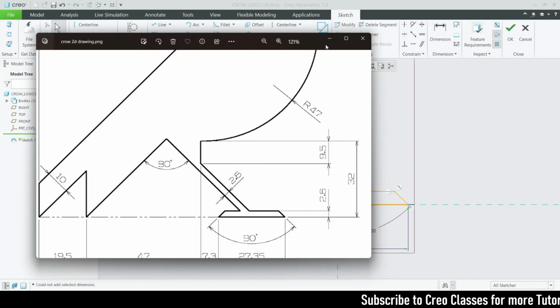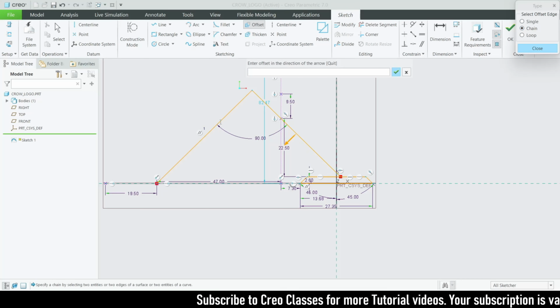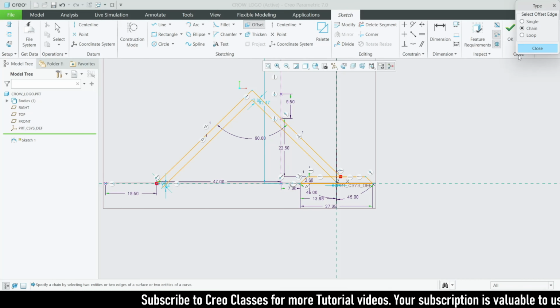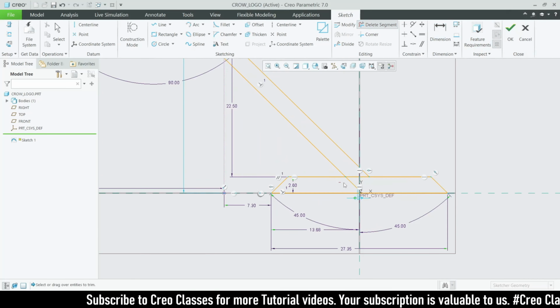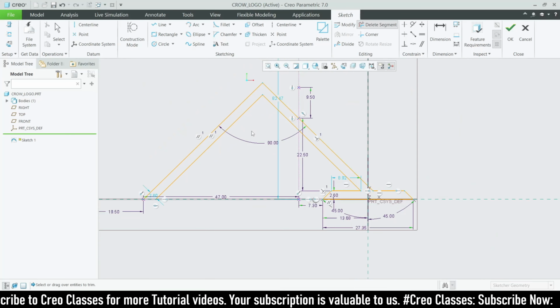So we need to take this to the offset of inside. So chain, select these two, offset of 2.6, close it, delete. Let's delete this, delete this. Let's delete this, and